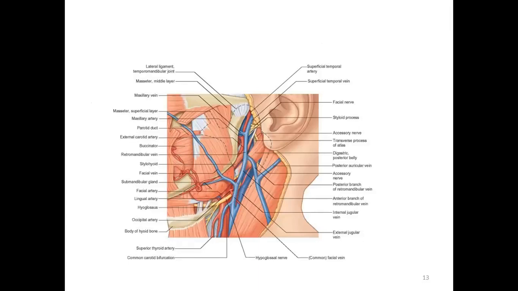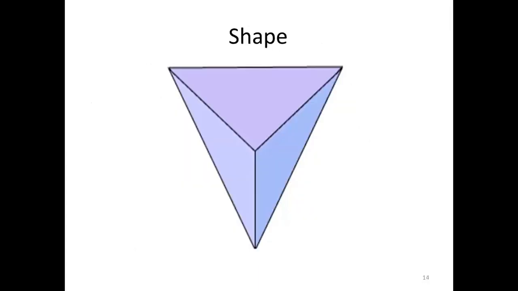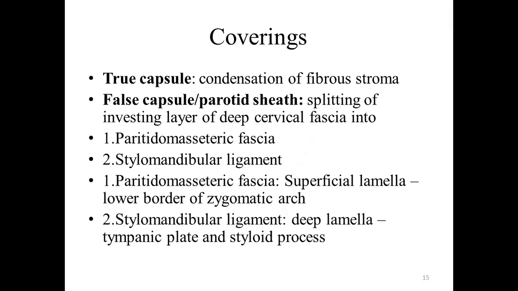Parotid gland. So the shape is like an inverted pyramid with its boundaries. We'll see, as we imagine, the inverted pyramid is inserted just behind the neck of the mandible. In this way we imagine, so we can understand. The coverings are a true capsule, which is a condensation of fibrous stroma, and a false capsule called the parotid sheath, a splitting of the investing layer of